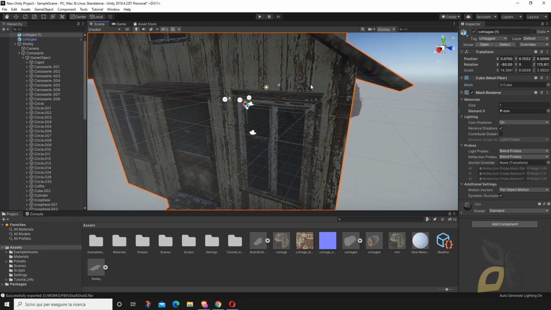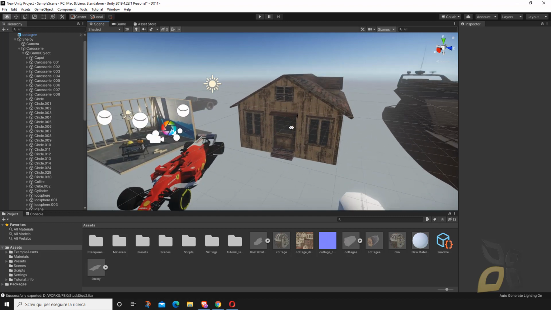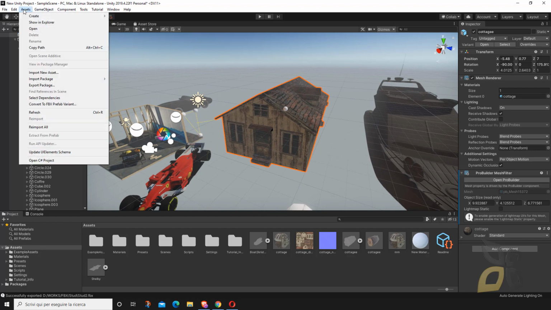Okay, now this is basically a demonstration about importing into Unity. Now the last thing I want to tell you about, which is I think a little bit more common and obvious: if you go here, you can export an asset like a package.